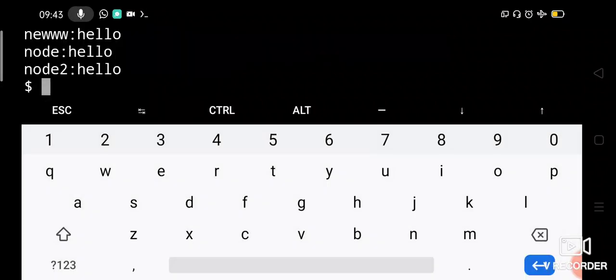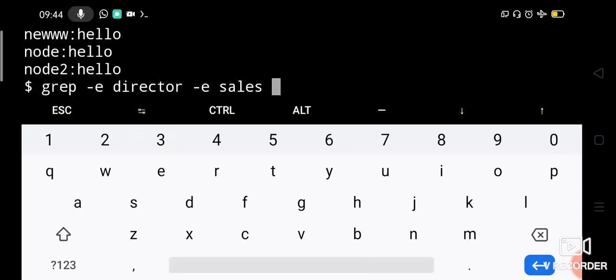Then to match multiple patterns, let us say grep with -e for matching the multiple patterns. Now I will give the pattern director, then -e sales, then -e, let us give GM, general manager.